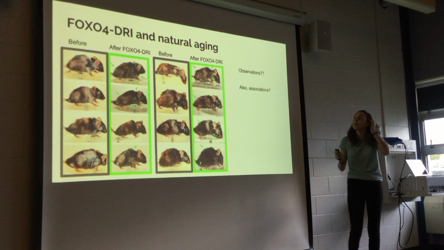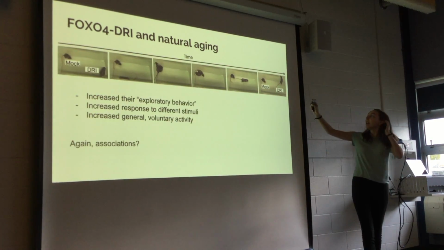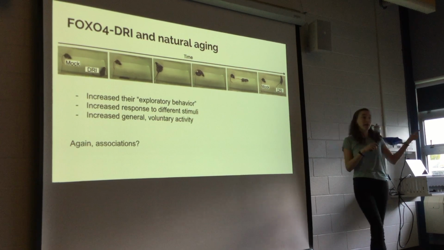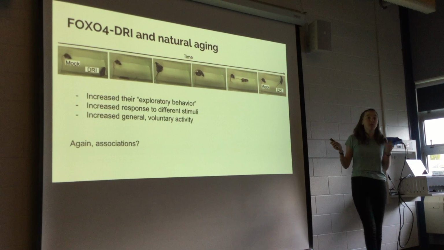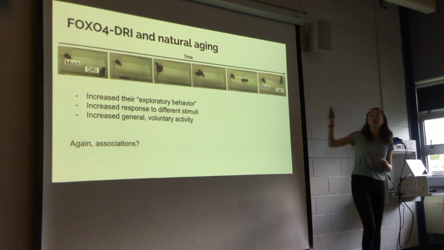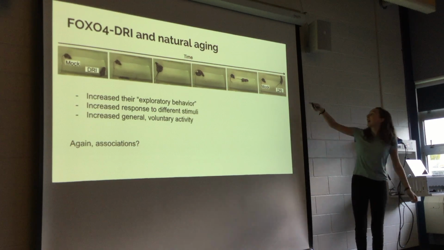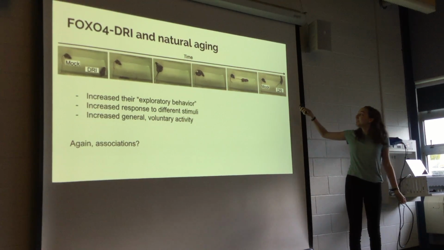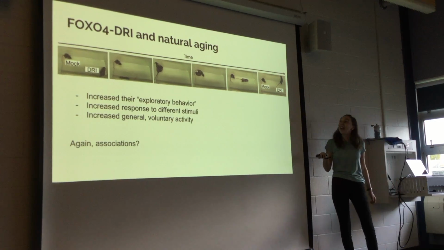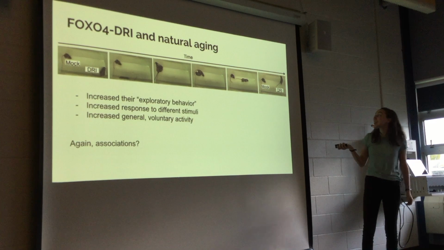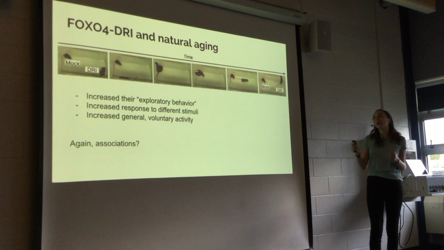So that's cool. Another thing that they looked at, take a look at these pictures here. The mock mouse is the same as the before picture on the last slide. It's essentially just an old mouse with increased levels of senescence. The DRI mouse is the same type of mouse, but it was given FOXO4-DRI. Take a look, and as you can see, the mock mouse, the old mouse, essentially just sits in the corner, doesn't really move around much, but the DRI mouse is exploring the cage, it's running around, it's moving a lot more.